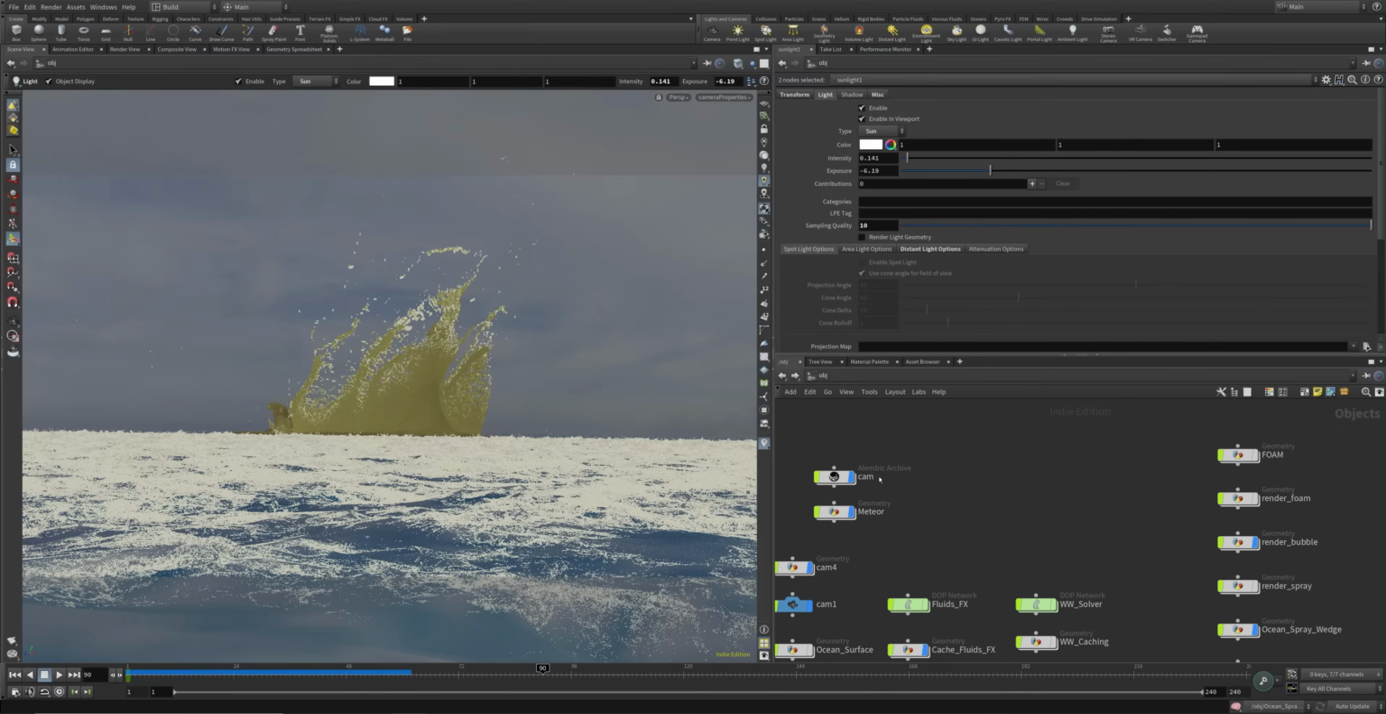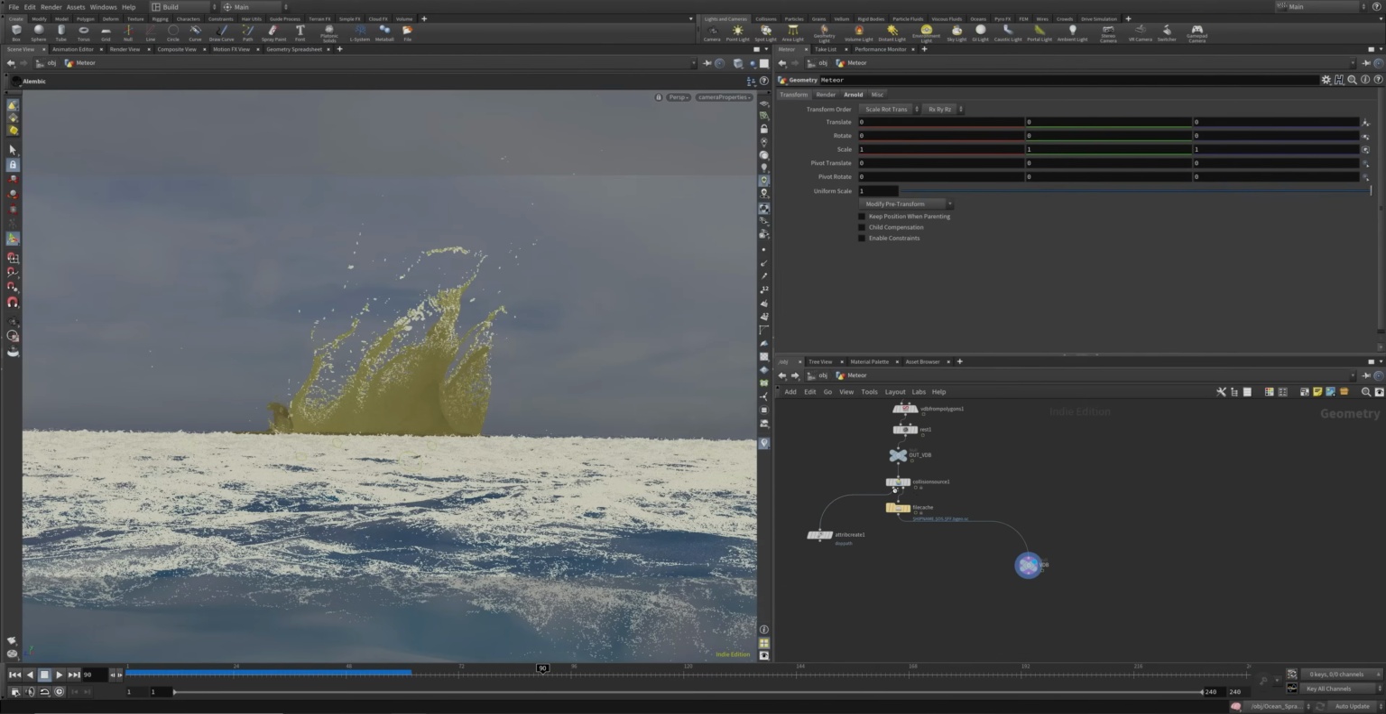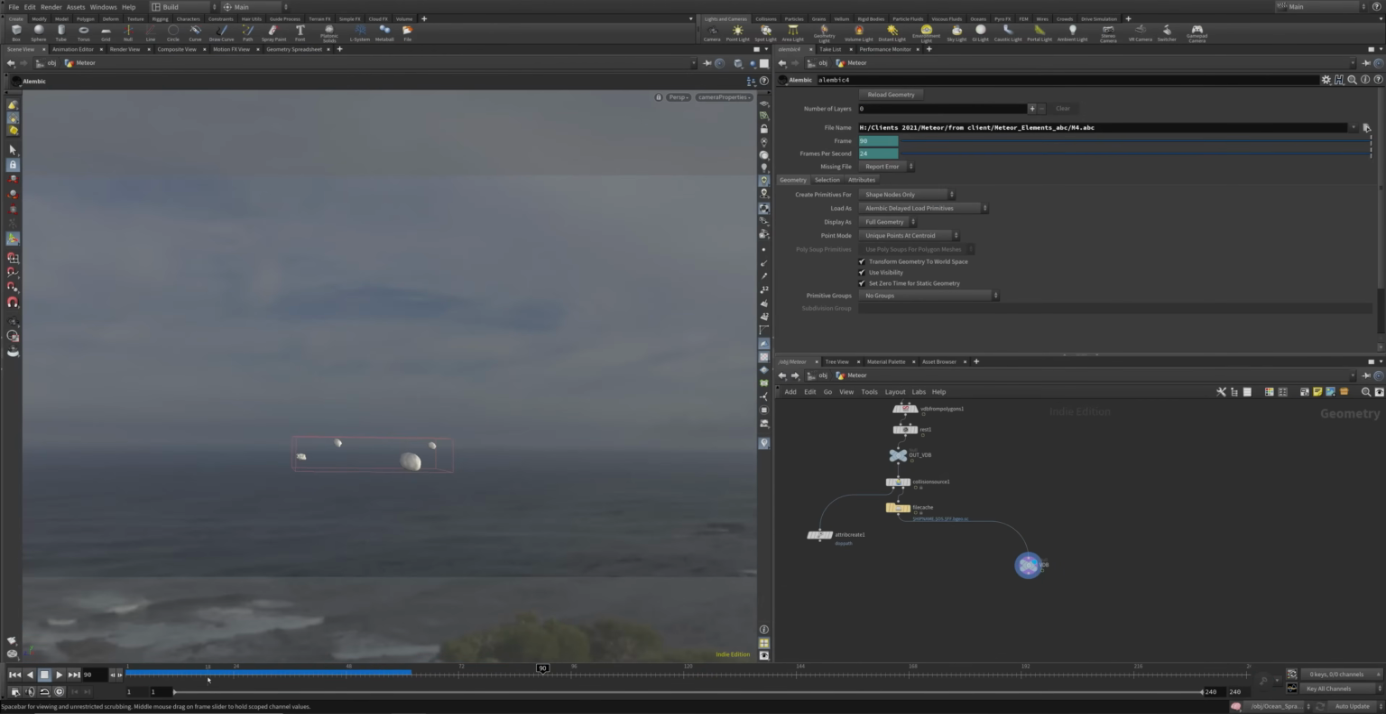So to begin with, we have here our meteor element. You can add in whatever you want. Like I mentioned before, you can use your crashing spaceships or your moon, whatever you want to splash into the ocean. The elements of the creation here are alembics. You can use your own,